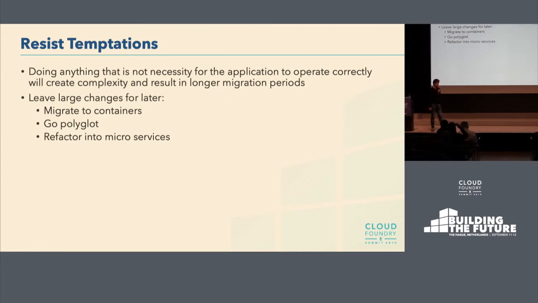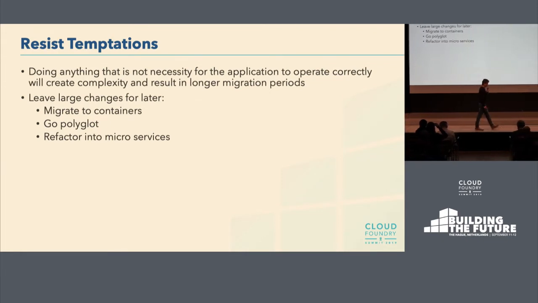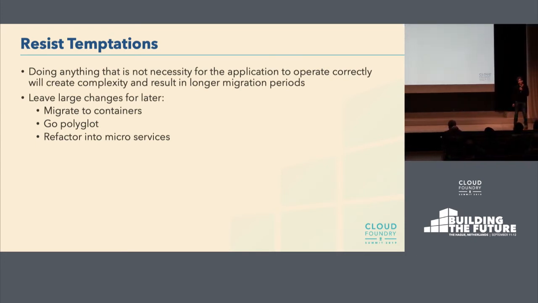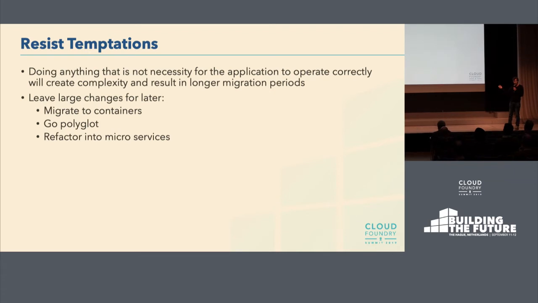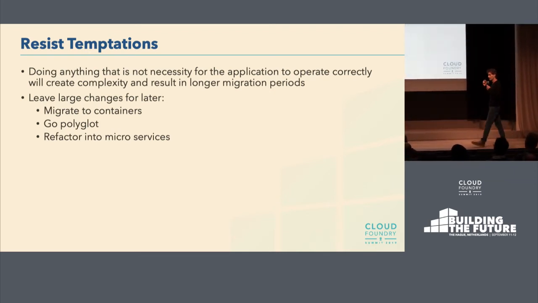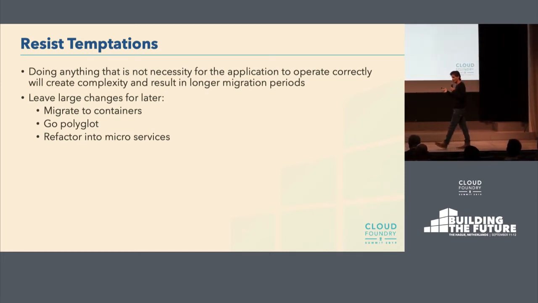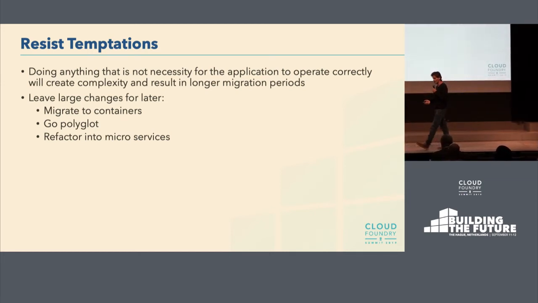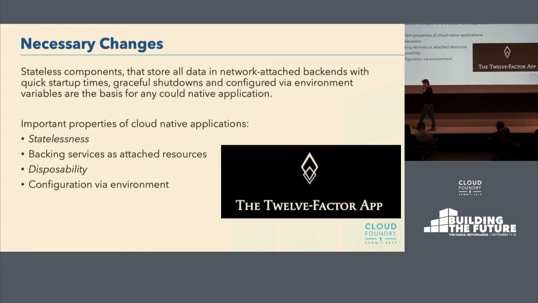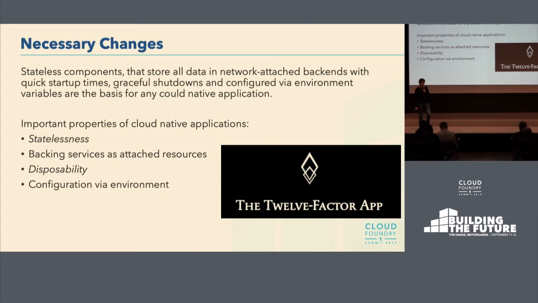You want actually to change the minimal amount of application code lines that you have to. And we will speak in a second about what you have to really change. These things are awesome. If you need them, you should plan to do them after the migration. So if you decide together with your teams that you need to break a monolith into microservices, you should do that after the migration, not together with the migration, because it will just complicate everything.